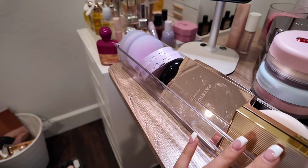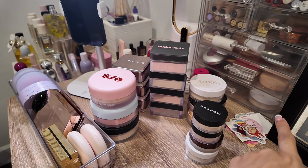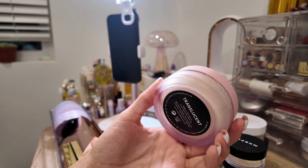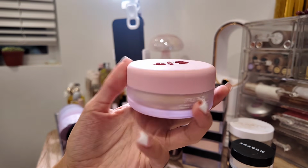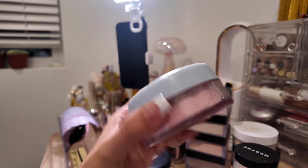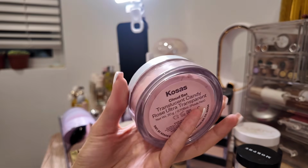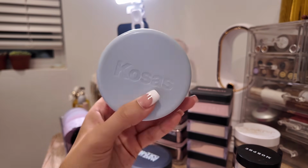These are my pressed powders, and then these are all of my loose powders. There's still more in this bottom drawer, but we'll get there. Let's start with this one size powder. I honestly am not oily enough to use this as my face powder, so I'm going to be giving it away. This is my Kosas powder. This is the Translucent Candy Talc Free powder. Honestly, I think I have to use this again in order to...